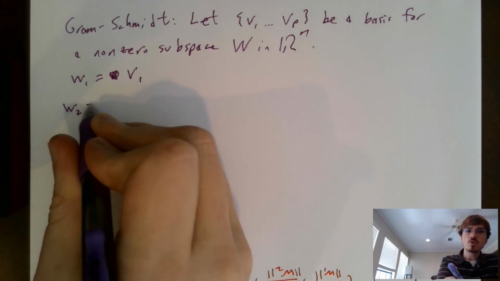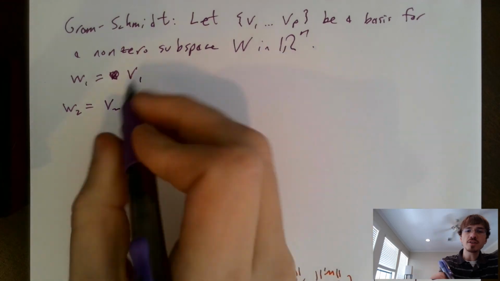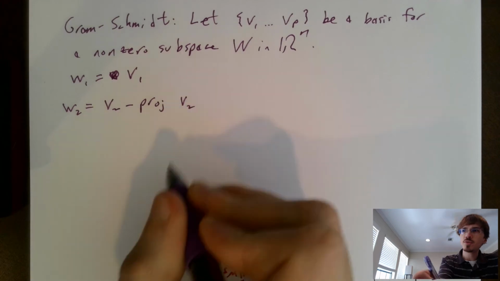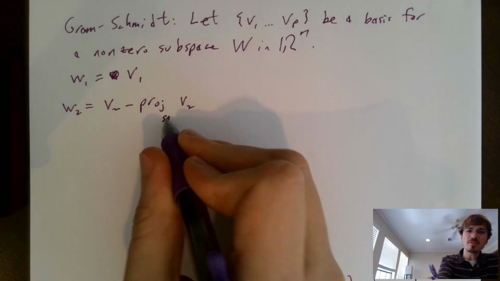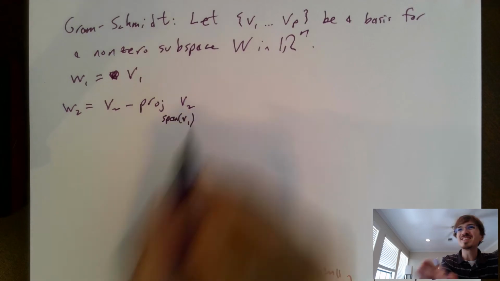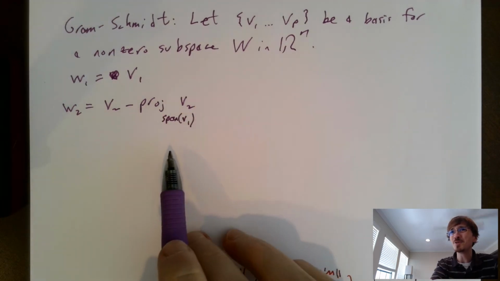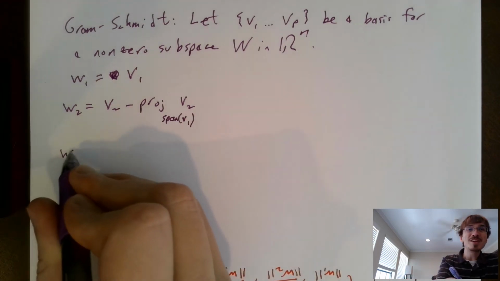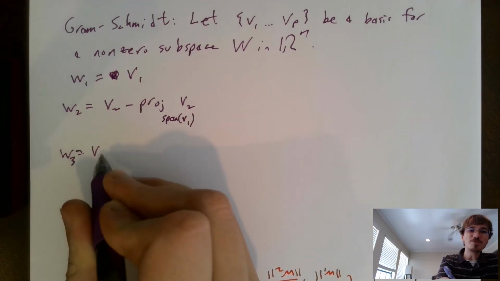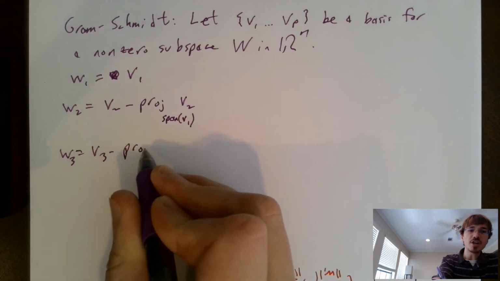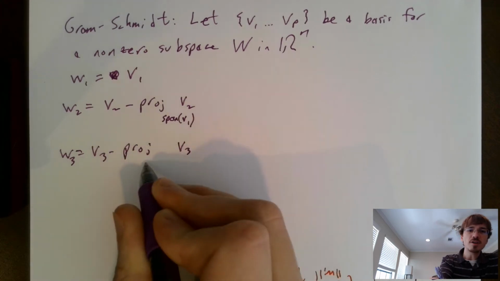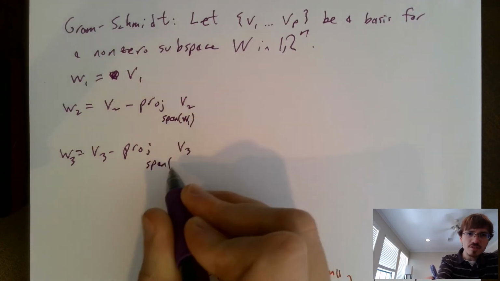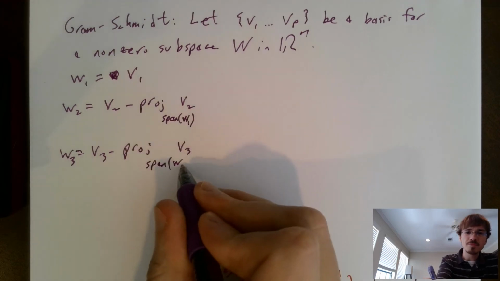W2 will be equal to V2, the second vector in our basis list, minus the projection of V2 onto the span of V1. It's the same as the projection of V2 onto V1 itself, but this is certainly true. W3 is equal to V3 minus the projection of V3 onto the span of, and this should be W1, I'll keep that as W1, even though they're the same,